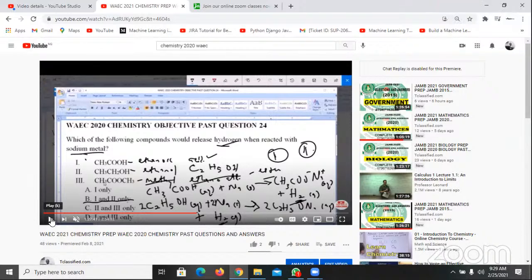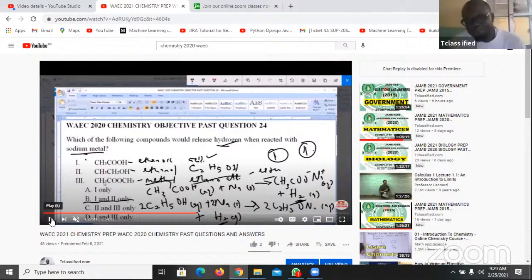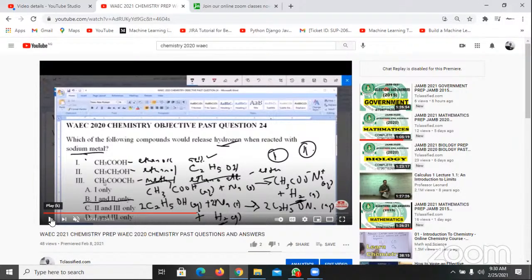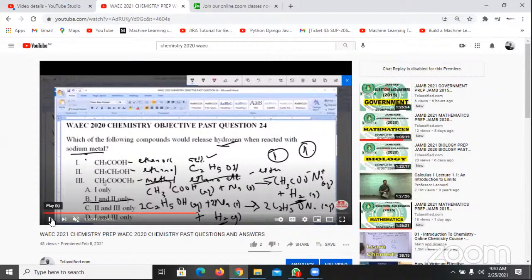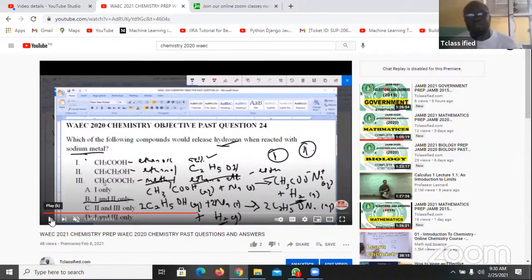20, 20. No, 40%. 40. Then 20 each. 40% for H and O. Yes, because we don't know if H and O is 30 and 10 or 20 and 20. Good. Now you ask yourself, in a normal alcohol, what is the ratio of hydrogen